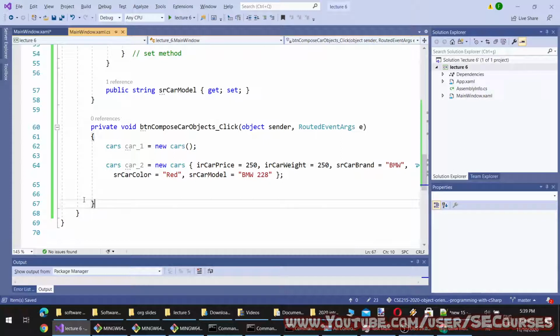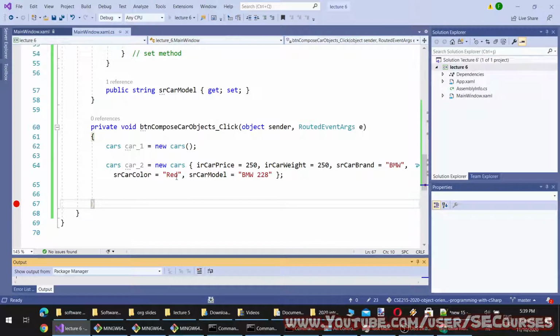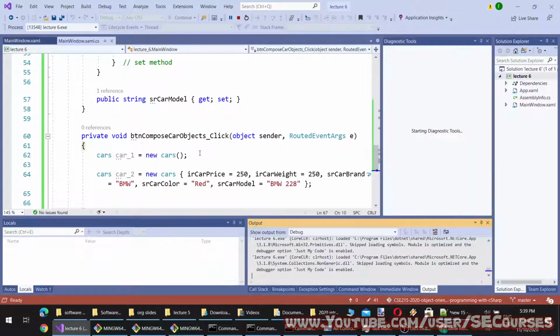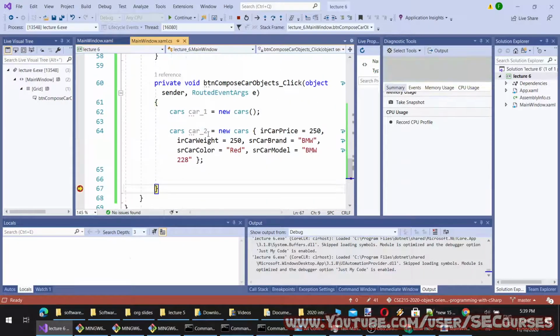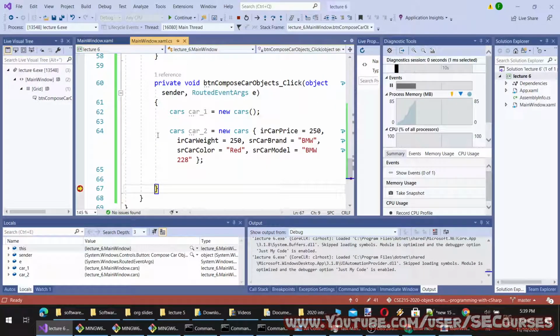Let's see how they are looking in the program right now. So I'm starting the software and I have put a breakpoint. Compose car objects. So now I have car 1 and car 2. Car 1 is the default. You see car weight is 0, car price is 0.